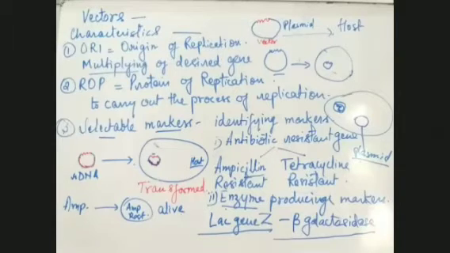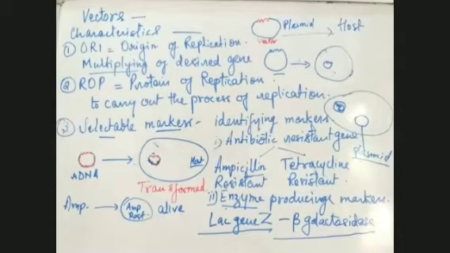Like the DPS students, when you go to the town during your outings, what do you wear? You all are in your uniform so that you can be easily identified. Your uniform is a selectable marker, because in the market there are many people. How will we identify that you are our students? You are wearing a maroon blazer and your gray pant, and we'll be able to identify, fine, this is a student. That is our selectable marker.